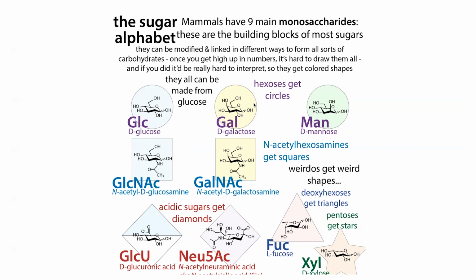There's some terminology around glycobiology that can get kind of confusing. One thing that is meant to simplify but can sometimes be really confusing if you don't know what you're looking at is that we can often abbreviate these various monosaccharides with colored shapes. So you'll see that glucose has this abbreviation GLC, and it's represented as this blue circle. The shape of it is going to tell you something about its structure or its modifications. So the circle signifies that these are hexoses. What a hexose is, that means it has six